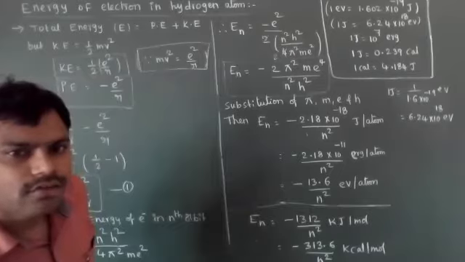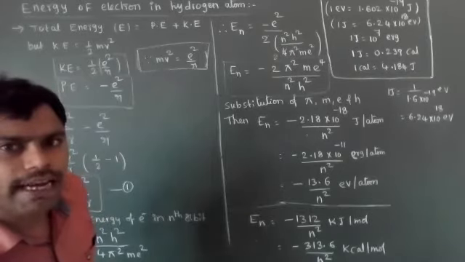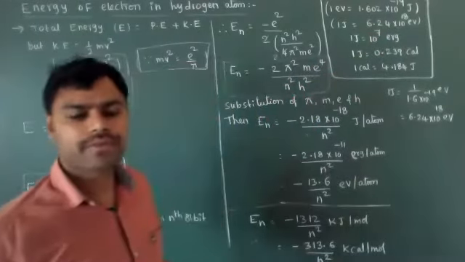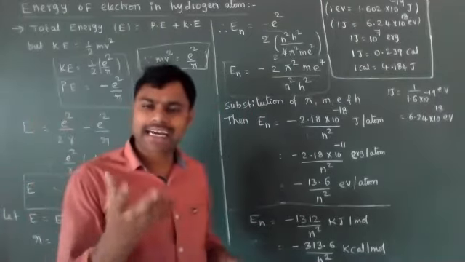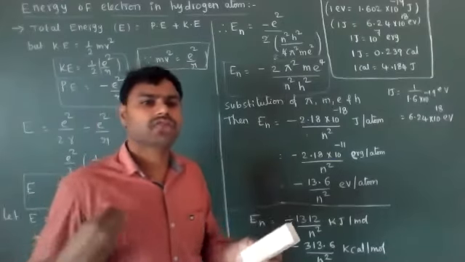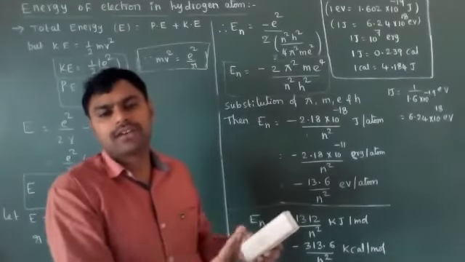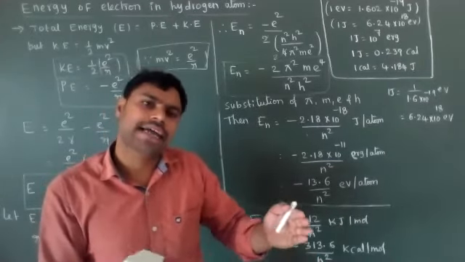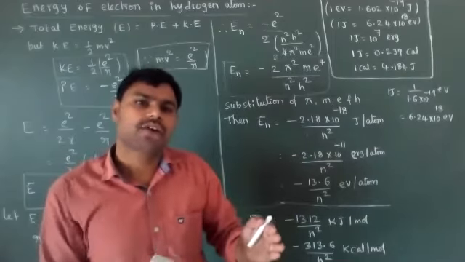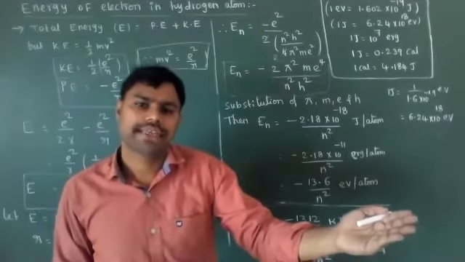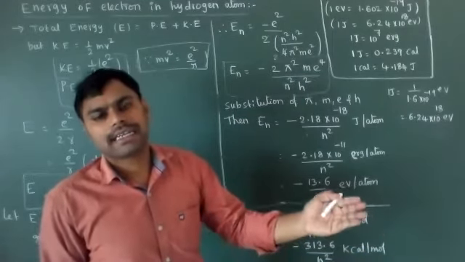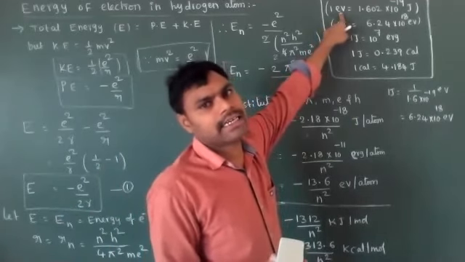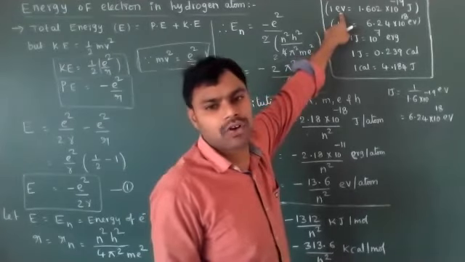eV. What is the value of 1 eV? Electron volt means generally charged particles. What is electricity or current? Current is nothing but transfer of electrons from one place to another place. Electrons are charged particles. So that charge, the electric potential or potential difference, we express in terms of volts. That is also nothing but energy. That voltage, in terms of energy, we consider as electron volts.